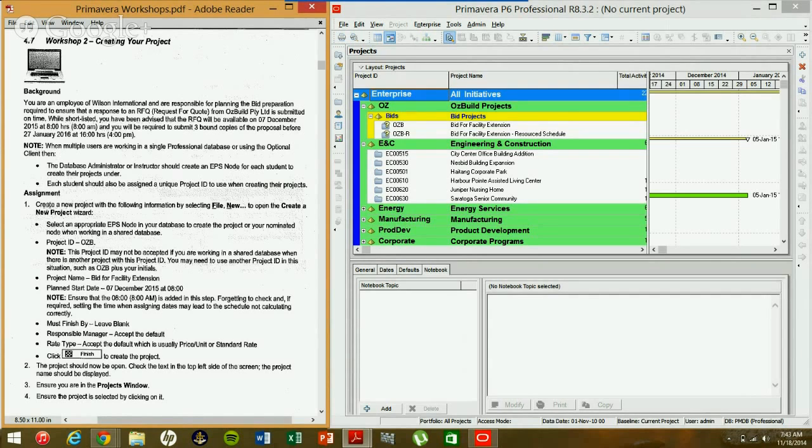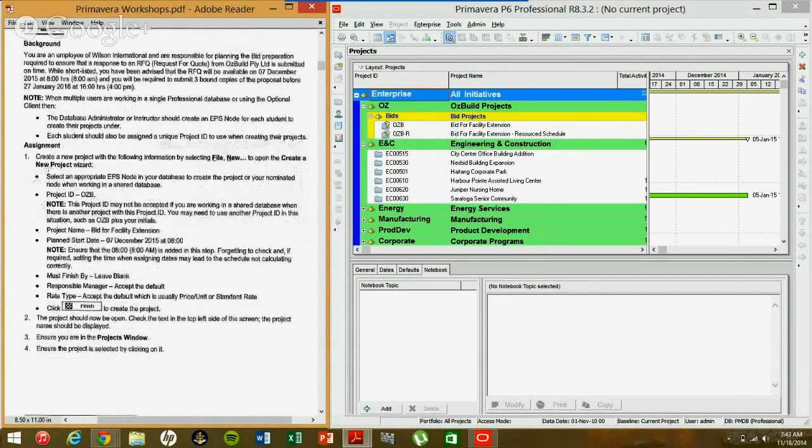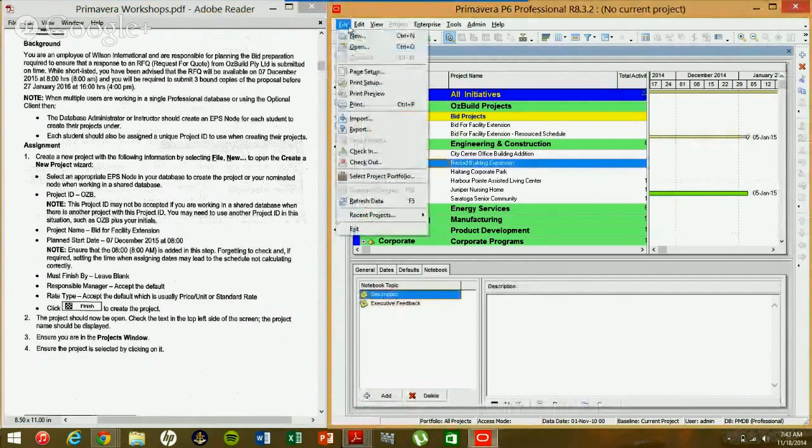Now we're going to start creating a new project with the following information. You can select File, New to open the Create a New Project wizard. In this case, first I'm going to make sure that there's no project open. I can see my close all is not highlighted, so there's no project open currently. I'm going to go File, New,